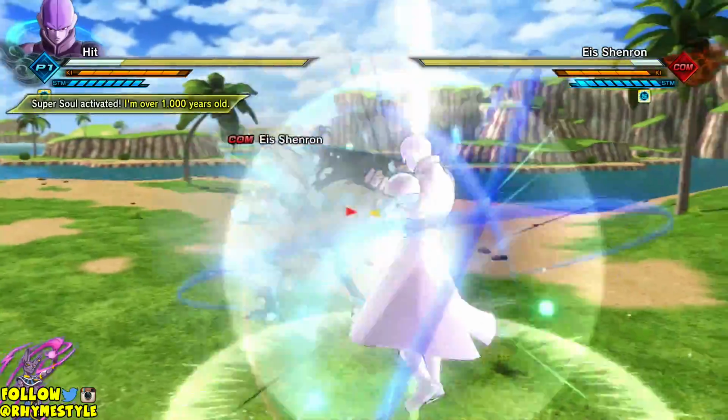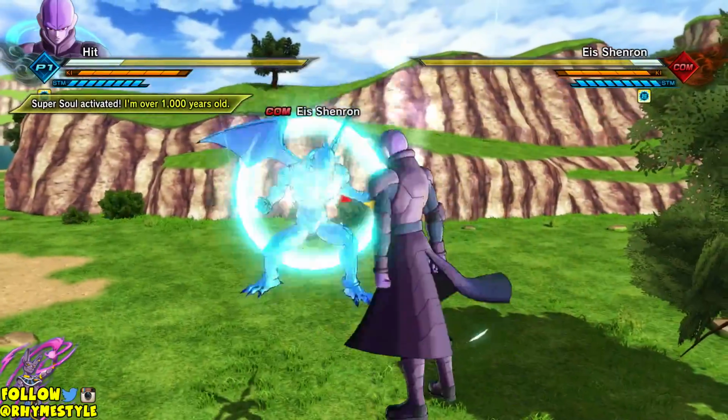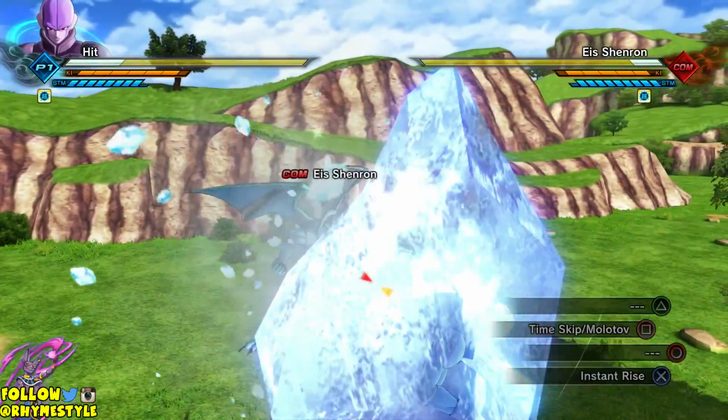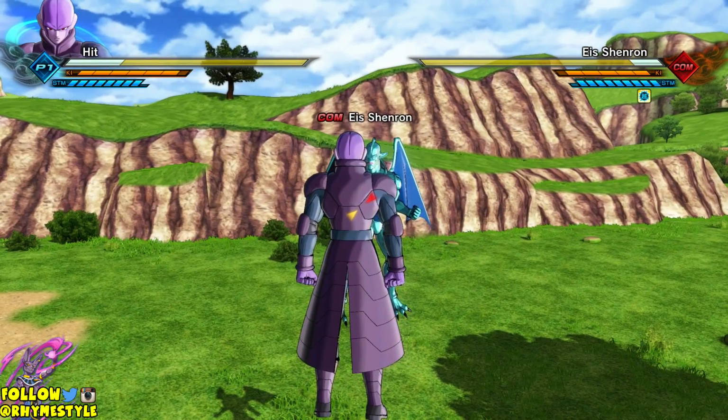There it is. One punch, block. Or even one punch, dash. Like, just get out of the way. And then once their stamina is low, you go in for punishment, and then you should be good. Now, that's Absolute Zero. Let's go ahead and jump in and fight against Dragon Burn, which is a little bit